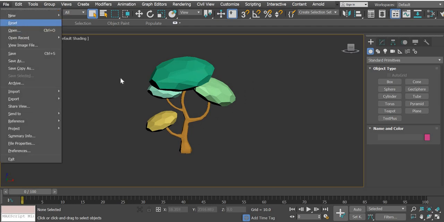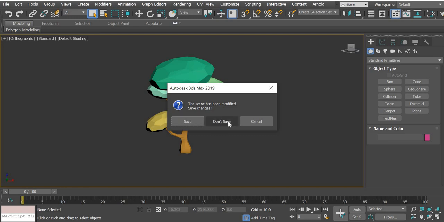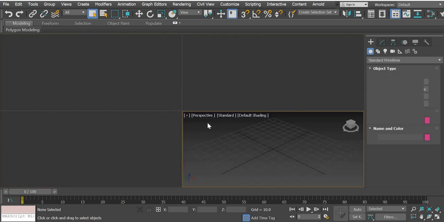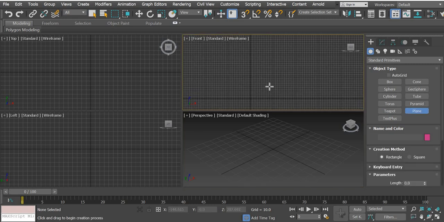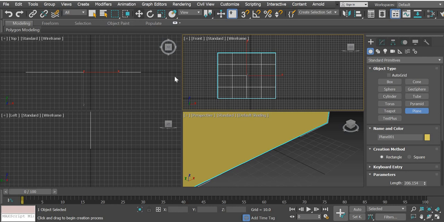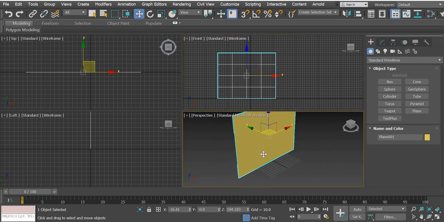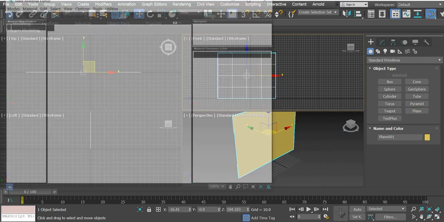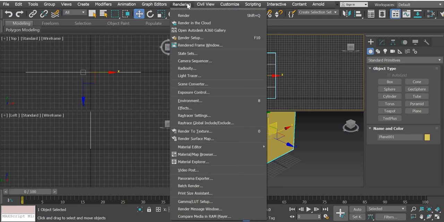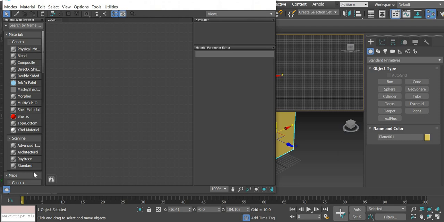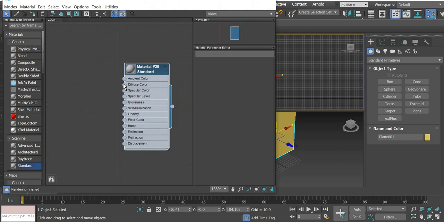So what we will do is reset this file, say don't save, and the first thing you want to do is create a reference plane. So this is going to be the plane. Okay, and then we will assign a material. So if you go to rendering, material editor, slate material editor, we'll drag a standard material, and then you will